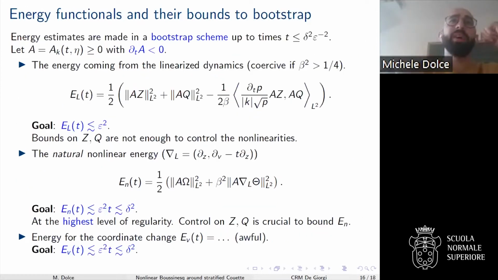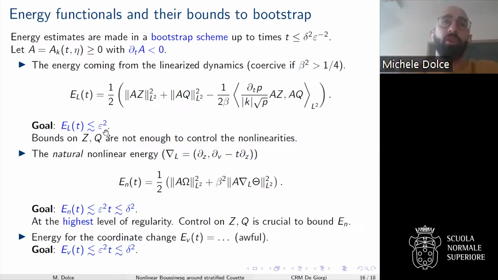And then the idea is, okay, try to do energy estimates, because a fundamental feature of the linearized problem was that we were able to do energy estimates. And in a bootstrap scheme, at this time scale, the weight must have this property that is kind of telling you that you are introducing an artificial damping in the equation. And the energy functional you're going to get is like the linear energy functional, exactly the one we have at the linearized level, but now summed over all frequencies. And the goal is to bound this as epsilon squared.